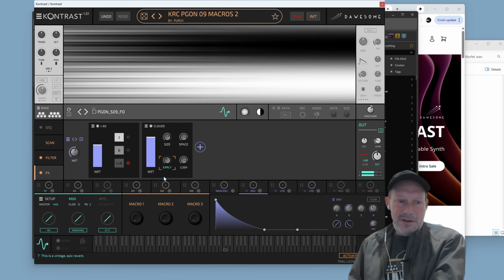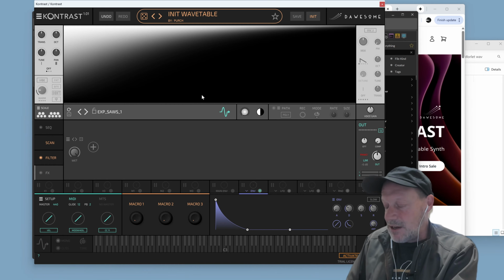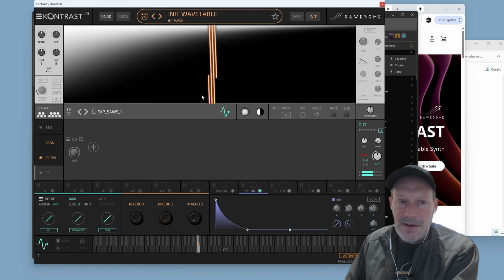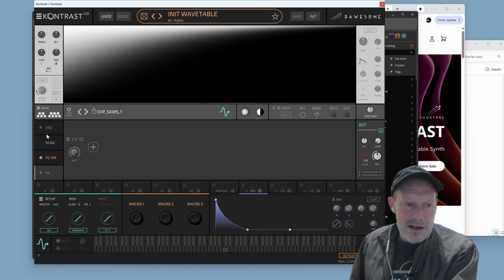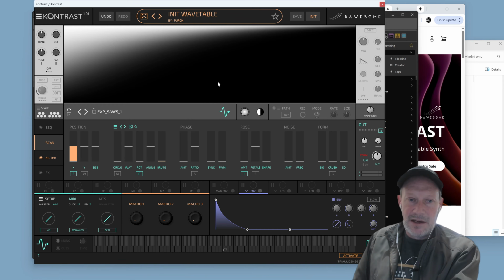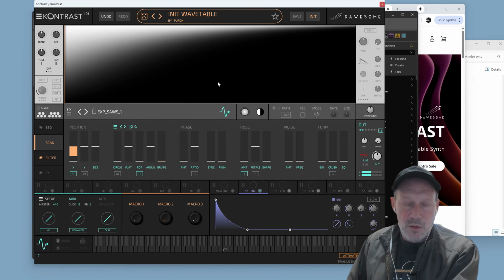Okay, so you kind of get the idea here. This is a very weird approach to wavetables. I haven't seen too many people demonstrate this, but I wanted to talk about some of the real basics. Like if you want to make this synth work like a normal wavetable synth, how would you set that up? Well,